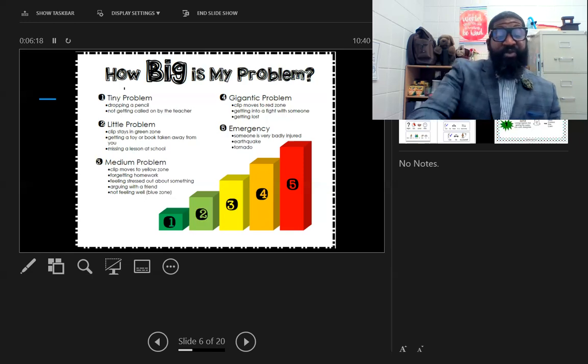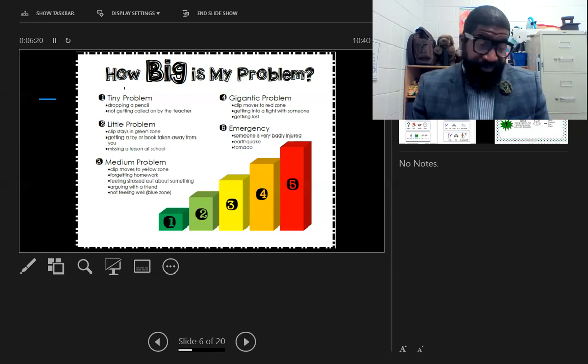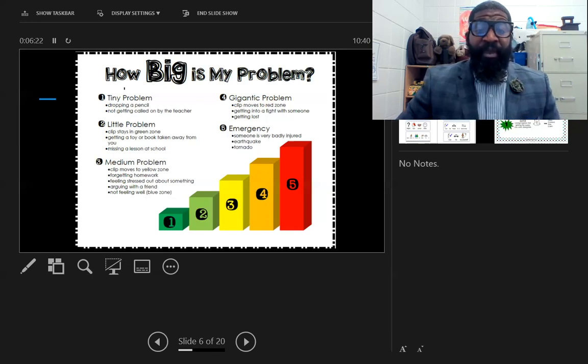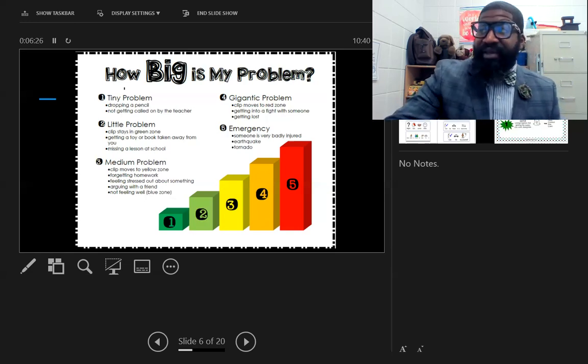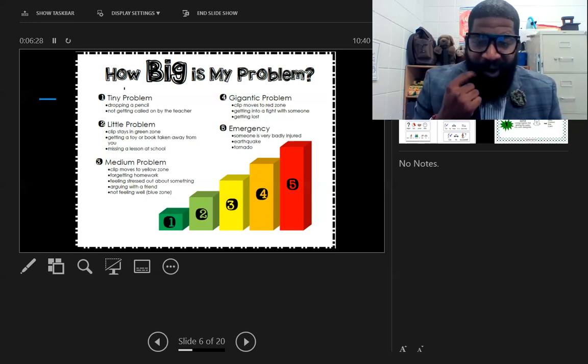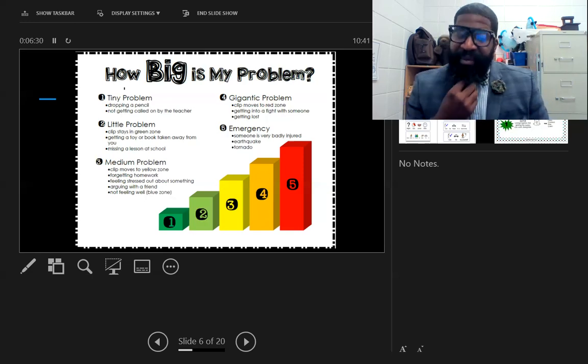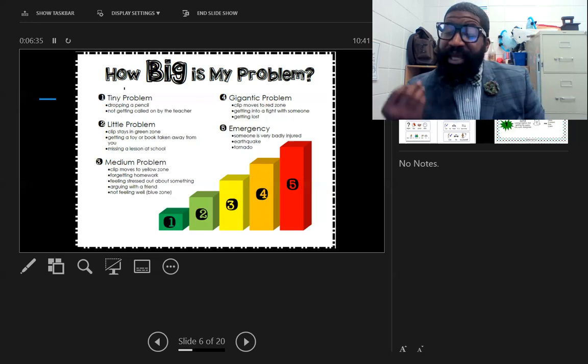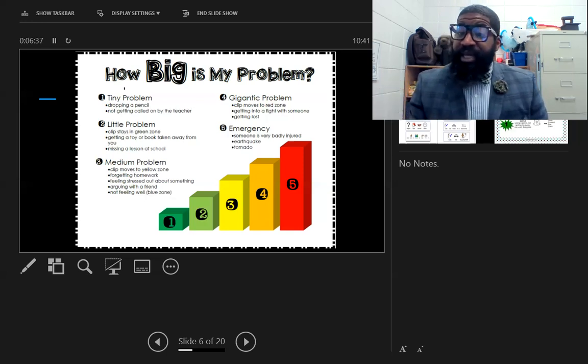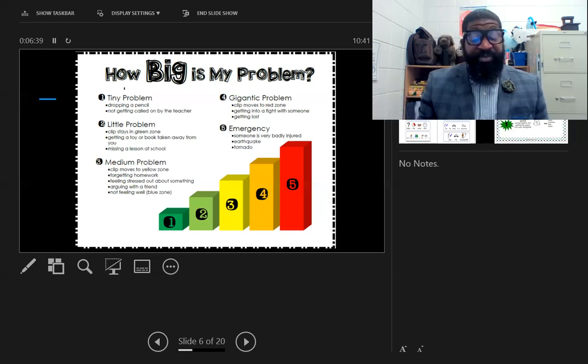This could actually send you from yellow to the blue zone. It could happen. Okay, or then we move up, and now you're noticing as we get to that 4, that becomes the red. Right now we're kind of orange with this gigantic big problem. Okay, we're starting to get into the red. All right, maybe getting into a fight with another classmate, getting lost. Have you ever been lost before? It's pretty scary.